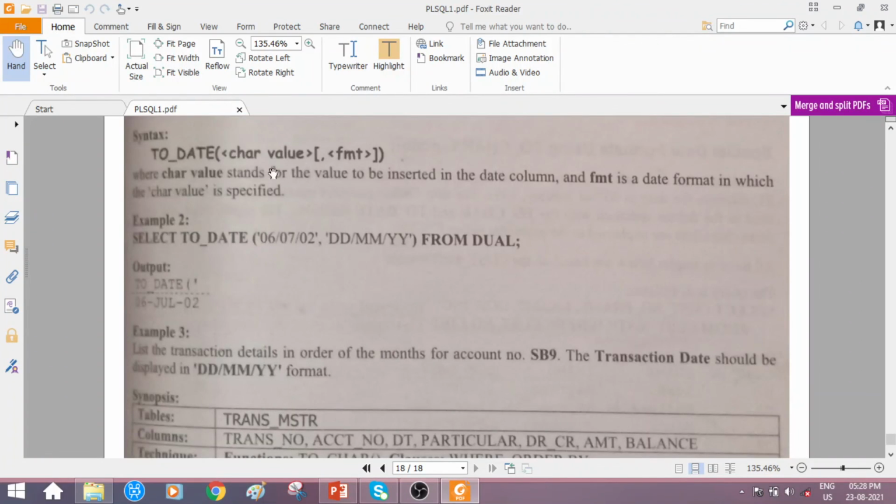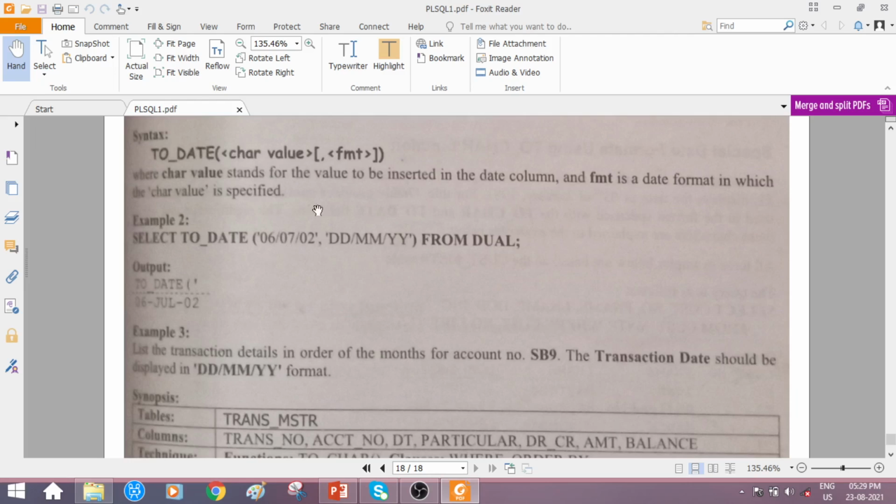toDate, so syntax is what? Character value. When we discussed earlier instances, we didn't find slash, we were finding hyphen, the default format. Here you are finding slash, right? Yes, so 06/07/02. This is the date value in character data type.